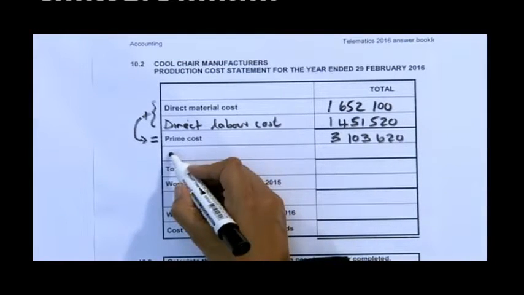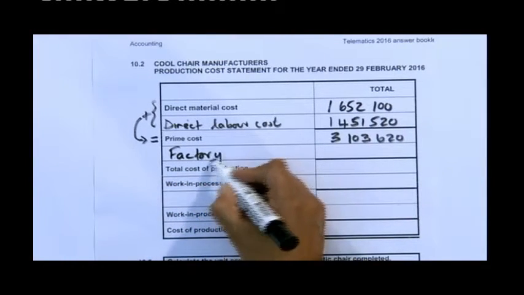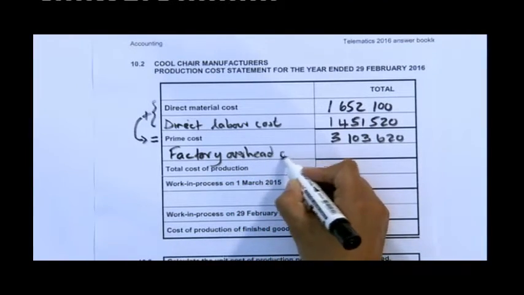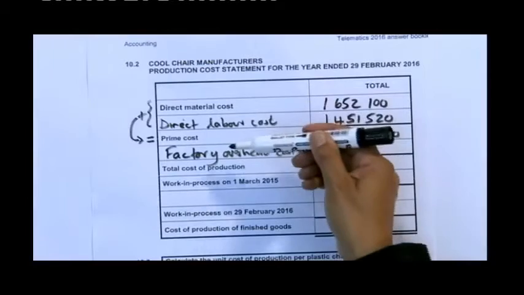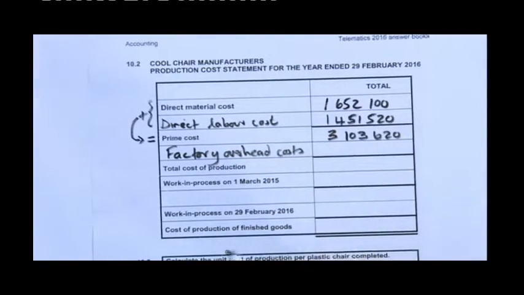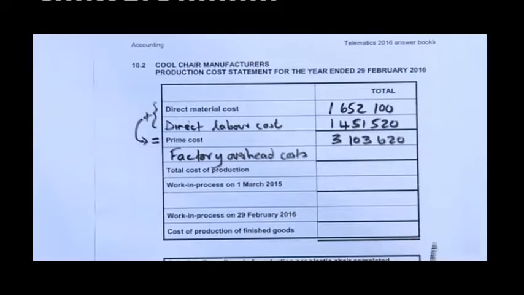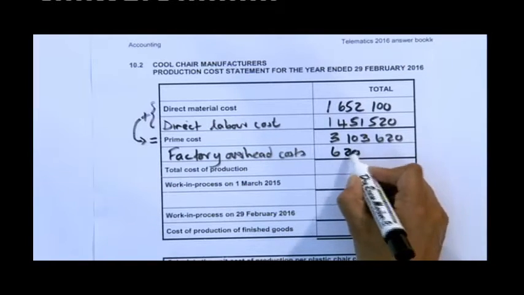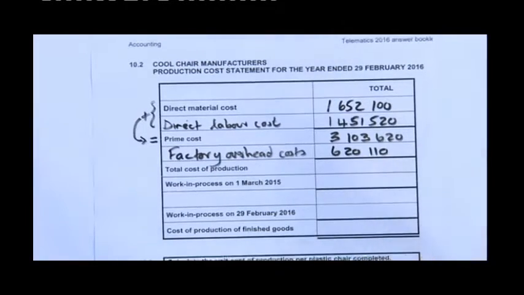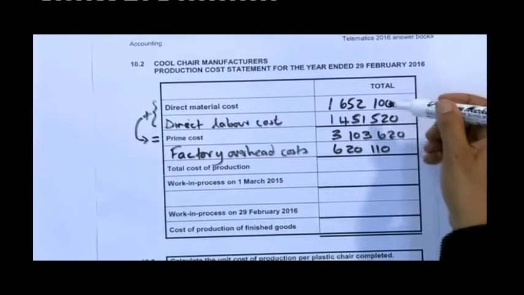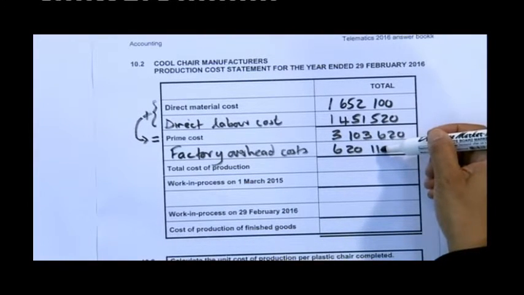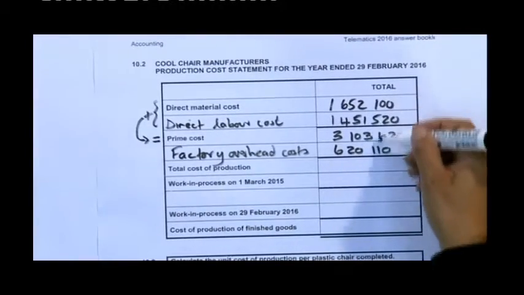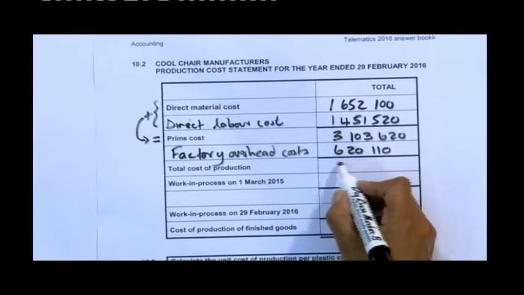Okay, now what is the total cost of production then? What was my other cost that I had to add? Guess what? My factory overhead costs. Okay, so there I have it. Direct materials, direct labor, factory overhead costs. That goes into your production cost statement. I'm going to add that, and that I'm going to get from my note. I didn't put the total at the bottom, but it's 620,110. Okay. Now I'm simply going to add that amount plus that amount to get my total cost of production for the year. Okay, just for this year, my total cost of production